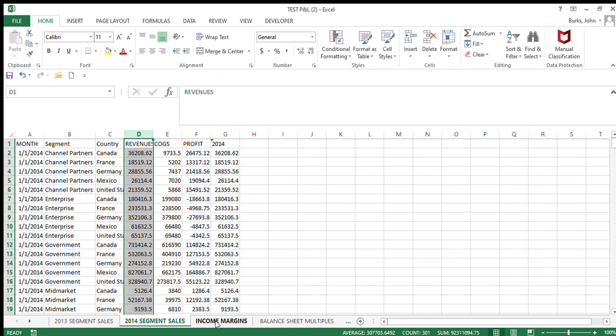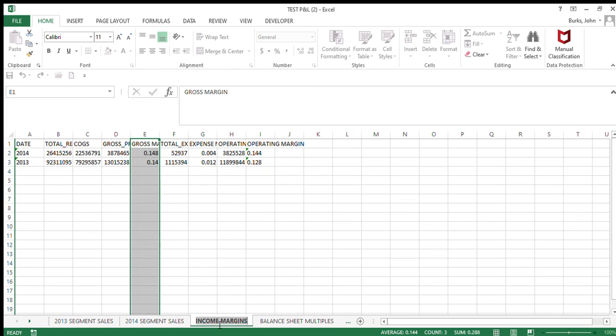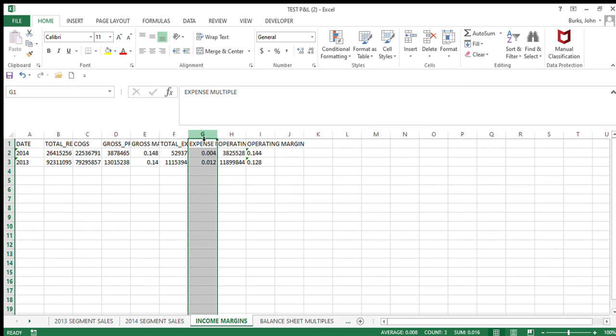And then we have the income margins. Okay, we have the operating margins for 2014 and 2013, the expense multiple, and then the gross margins. All of this was created with the formula tool in Alteryx to show how you can compute the different types